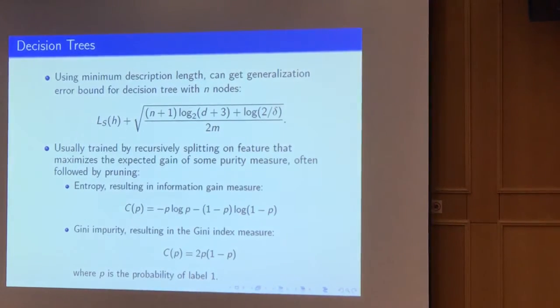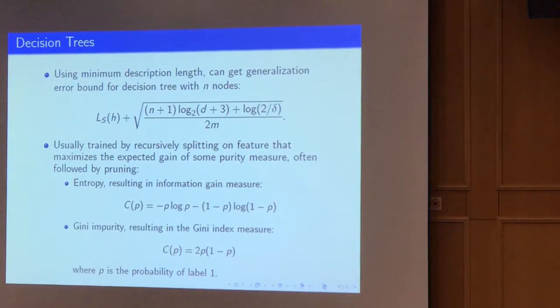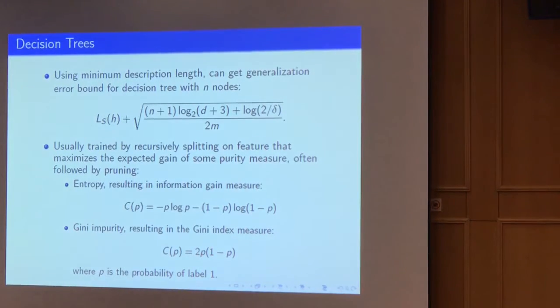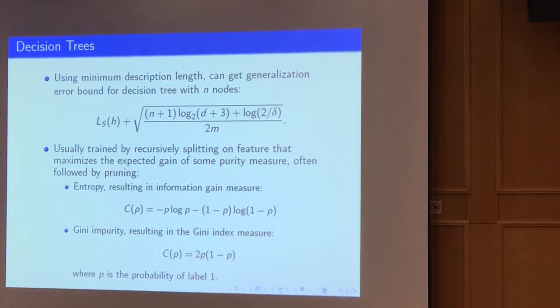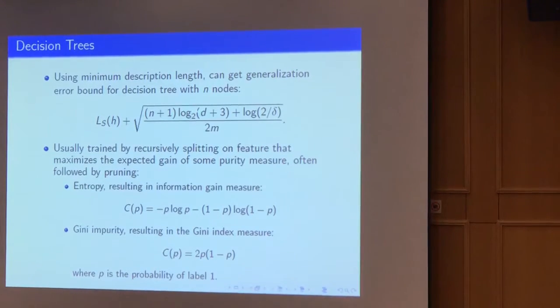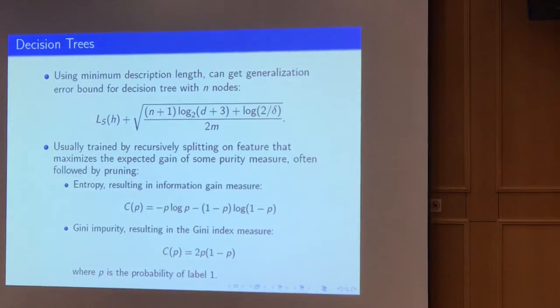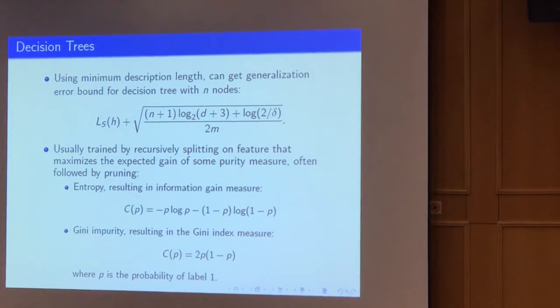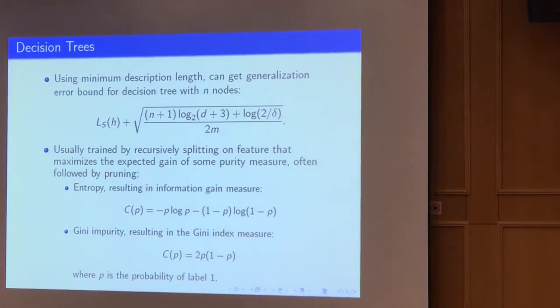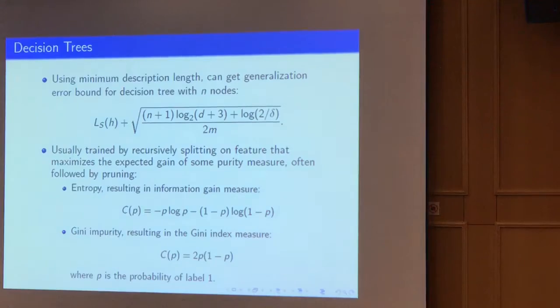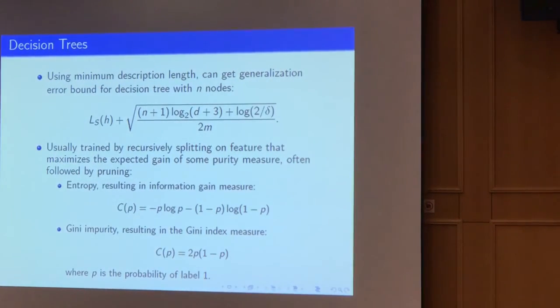Decision trees don't have that much to say. You can bound the generalization error again, so it's an interesting example of using minimum description length. The generalization error depends on the size of the tree, essentially the number of nodes. The bigger the tree, the poorer the bound. The training is a greedy algorithm. Just now we did a convex problem. This one,